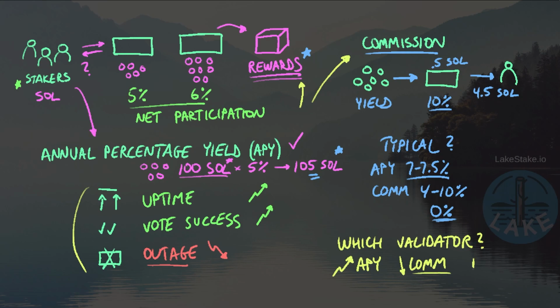And certainly we also want to look at the history and the reputation of the validator, meaning has this validator been online for a long time? And for that matter, are they well known in the community? Do they participate in the community? And so these are ways, again, of deciding which validator should have some amount of rewards based on the SOL that I want to stake. For example, we here at LakeStake, we have a long operating history, and we like to give back to the community with educational content. And there are many other validators that have positive contributions to the community and have great history and reputation as well.